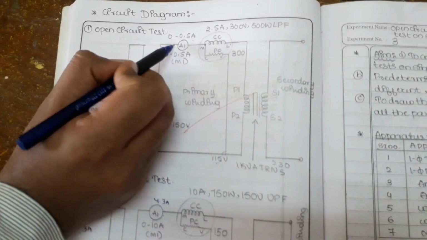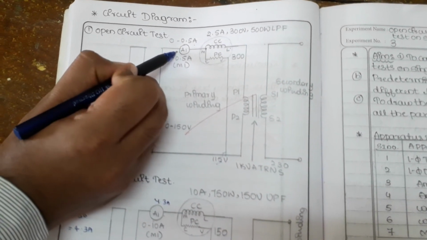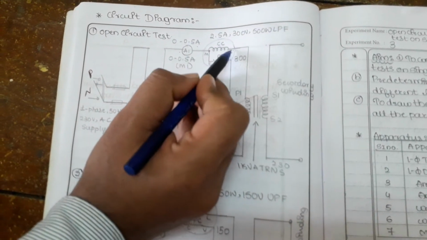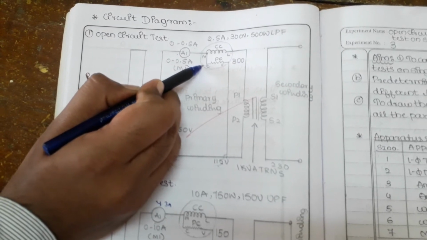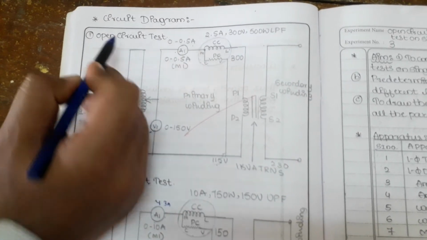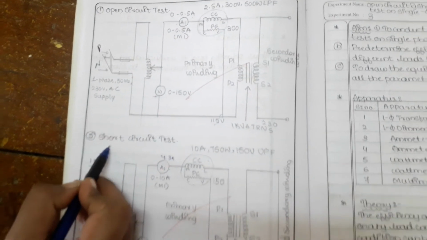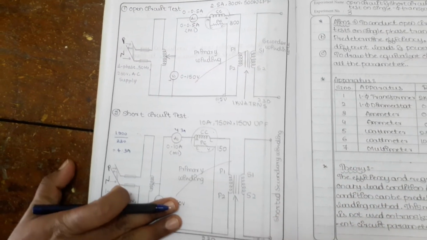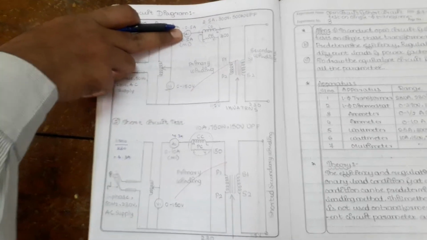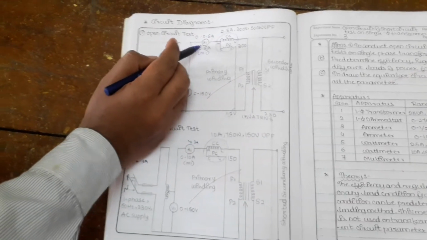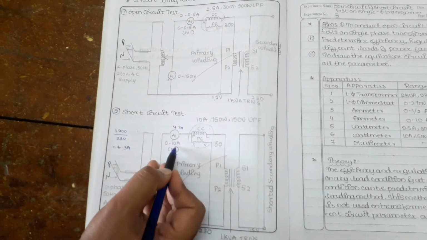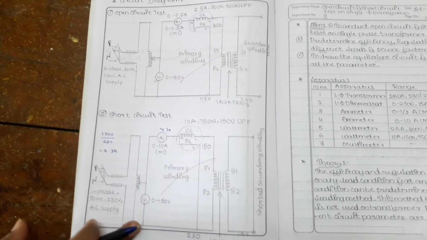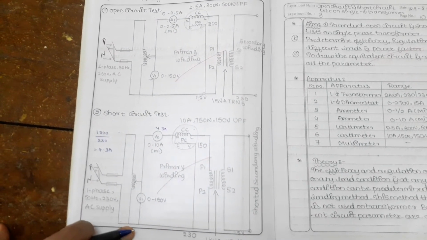So this will be V0. During that period of time, note down the no load current I0. And during this period, this wattmeter reads the core loss or iron loss, which we call W0. So notations will be different for the OC test and for the SC test. Instruments will remain the same. Only the change you are going to observe is the ammeter. Here a low range ammeter we are using for the open circuit test, whereas for the short circuit test we are going to use a 0 to 10 ampere range ammeter. Okay, so this is all about the circuit diagram explanation.